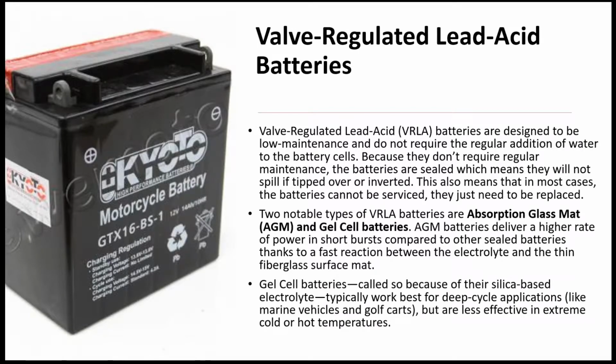You see these kinds of batteries a lot in jet skis and motorsports, where the motorcycle is going to be on its side because it's a dirt bike, or the jet ski is upside down in the lake while everybody's swimming to get back to it and get on it. So you'll see these. The other types of batteries that are notable for that type of activity are the AGM